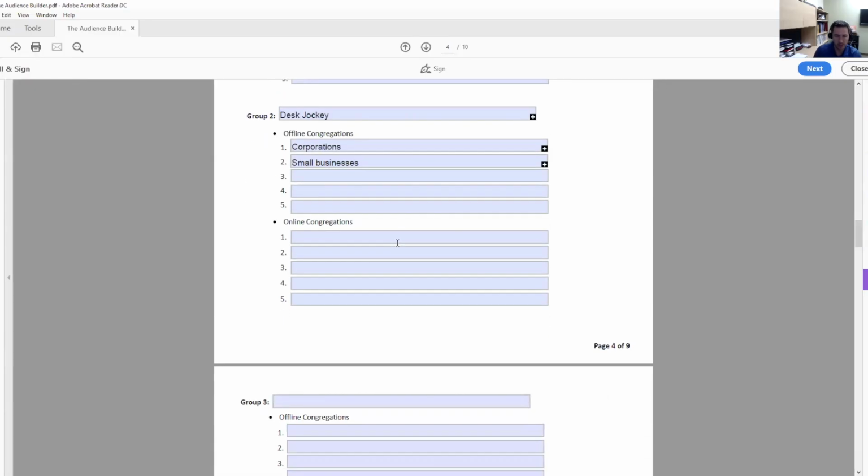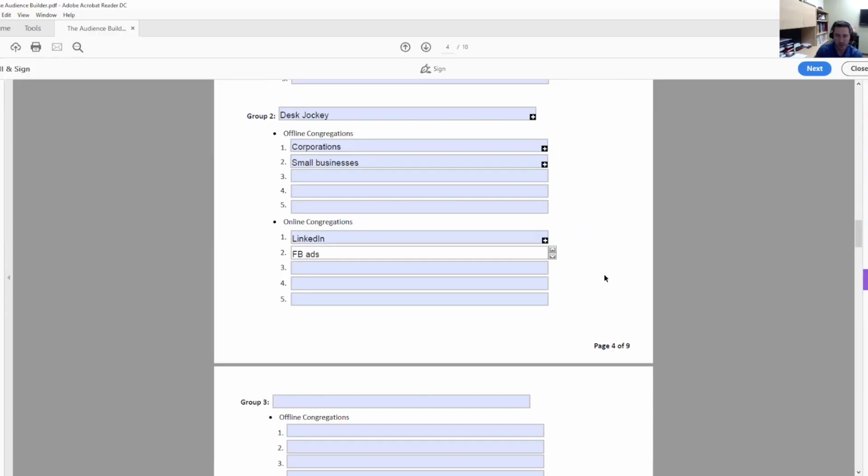Offline congregation points, right? How about some online congregation points? How about maybe we start thinking about LinkedIn? We're going to find a lot of them. Definitely Facebook ads, right? You can target people. If you had a huge company around you, like a big one with a lot of employees, 750,000 plus,